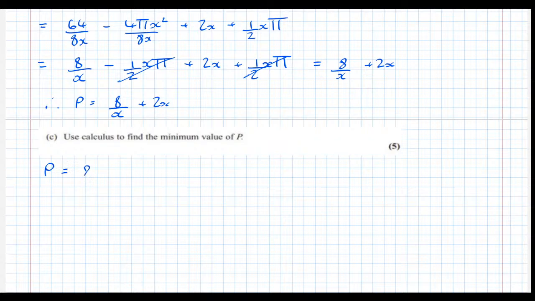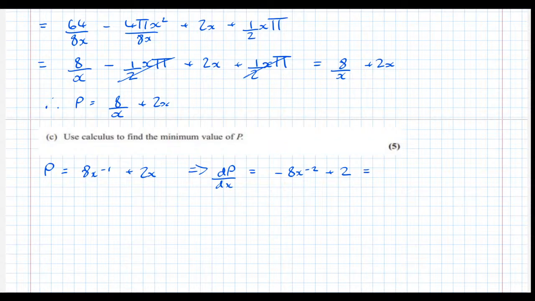So P equals 8x to the minus 1 before we even differentiate, plus 2x, we're putting in a differentiation friendly format, which means that dp by dx equals minus 8x to the minus 2 plus 2,